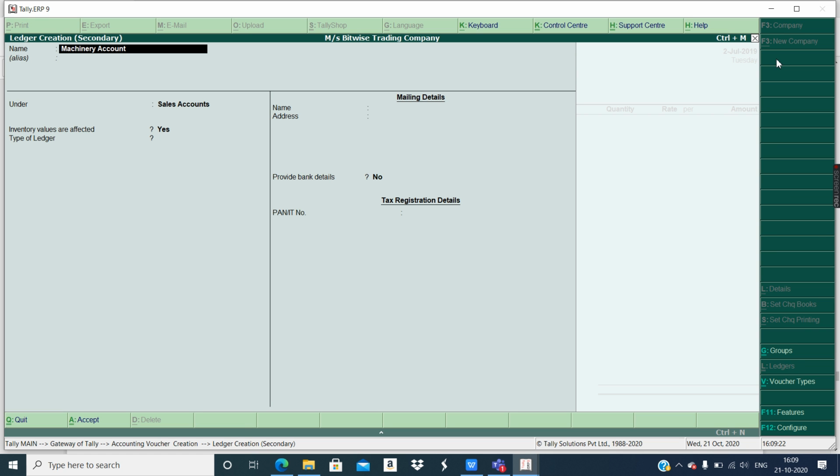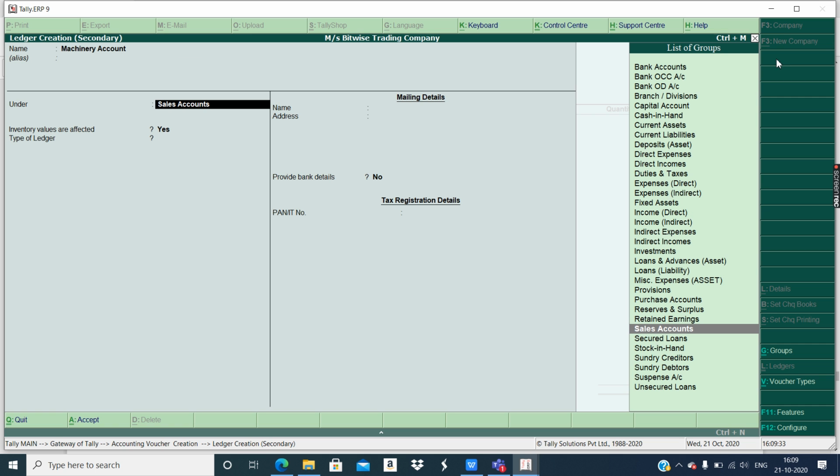Because the stock name is machinery, I will give it a little bit different name. Try to give a little bit different name. Let's see what happens. Machinery should be under fixed assets.